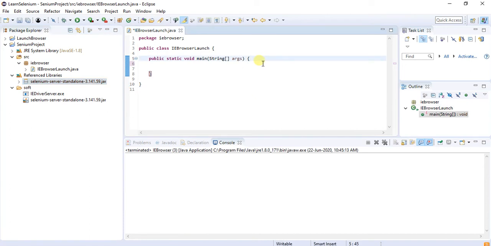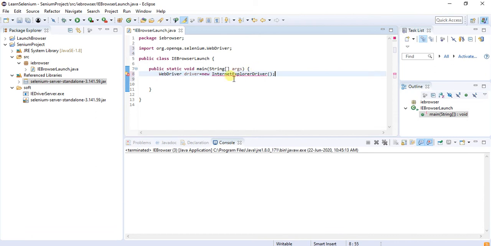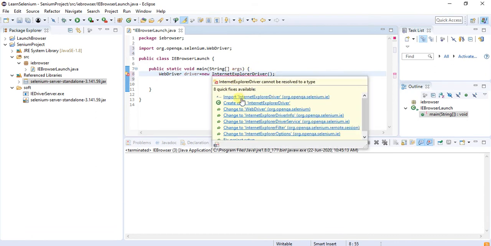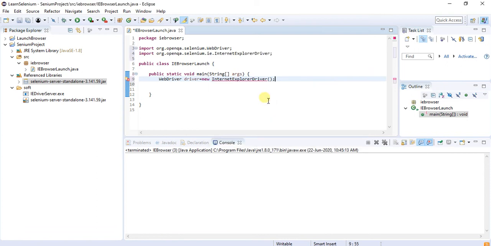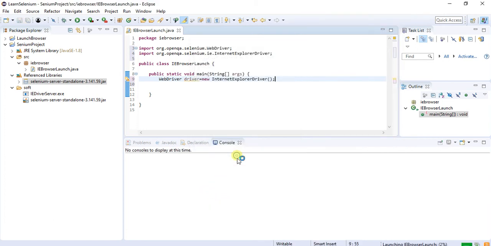Let me create the object. It is asking to import the WebDriver. Click on import WebDriver. It is also going to ask to import the Internet Explorer driver. Click on it. Now right click on it, run as Java application. Click on OK.